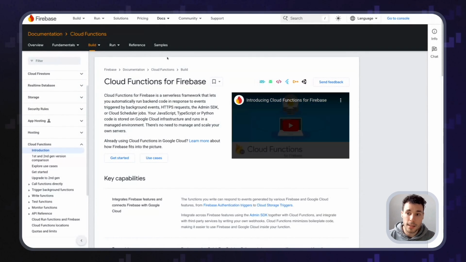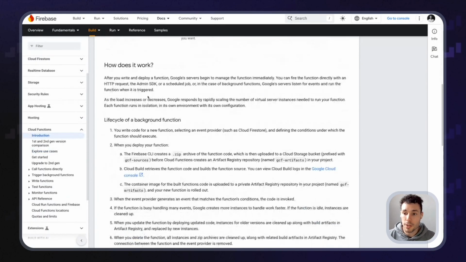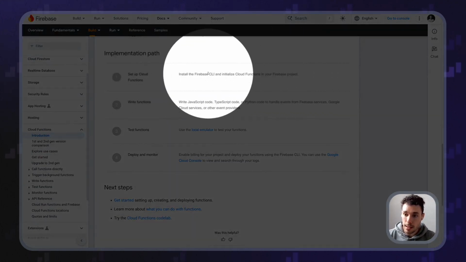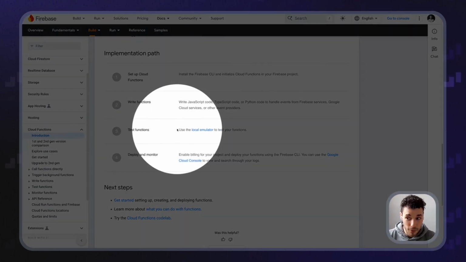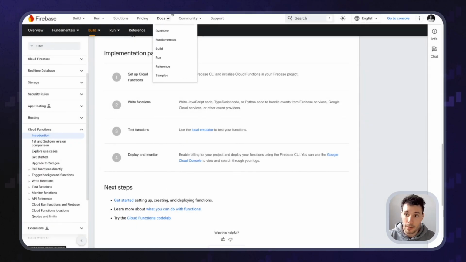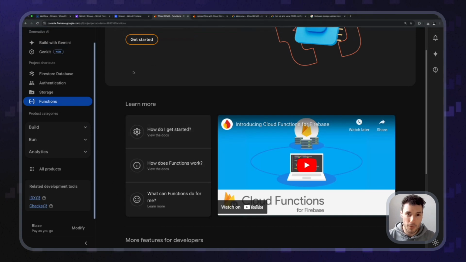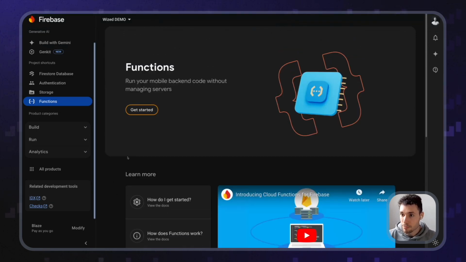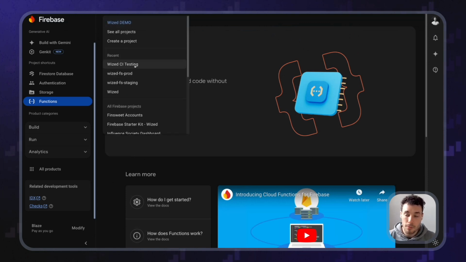Because in here, you're going to see a guide from Google that shows you everything. It shows you how to set up the cloud functions CLI, how to write the function, how to test the function locally, and how to deploy and monitor this. Okay, it's going to show you everything. But still, if you're confused and you want to see me do it, just drop us a comment and we're going to do it. So instead of using this Wized demo project, I'm going to use a different project